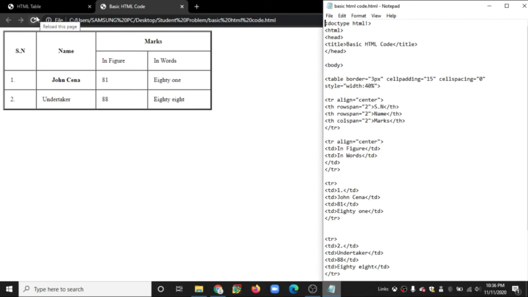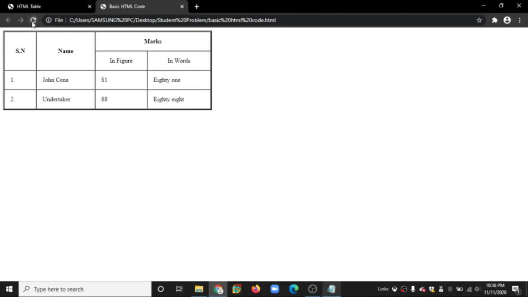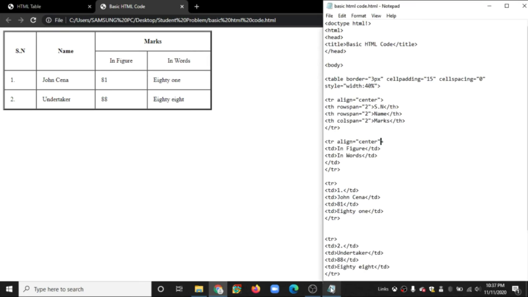So here is the reloaded page. You can see in center, in nodes are in center. You can particularly see it. Name, all of the data are in center, and John Cena, where all are in figure, are in center. You can see in figure, in nodes, and we want this one in the center of the box.